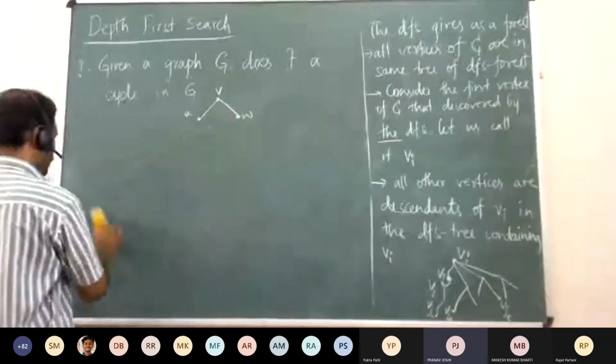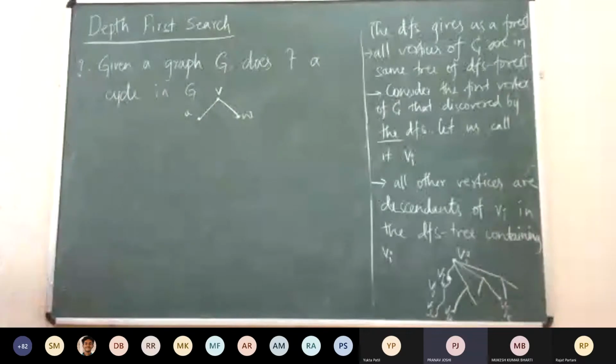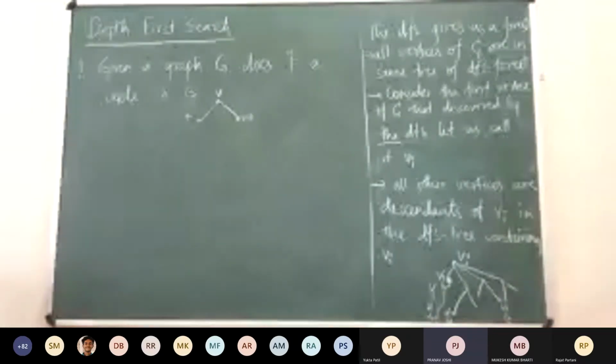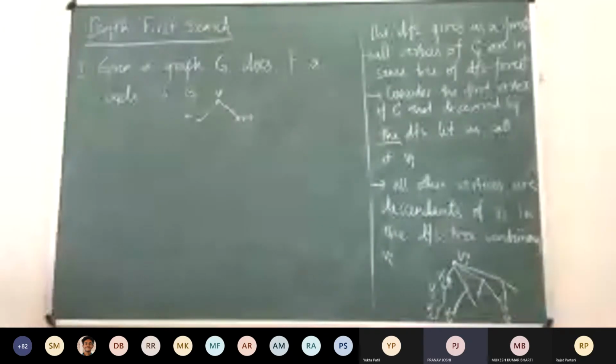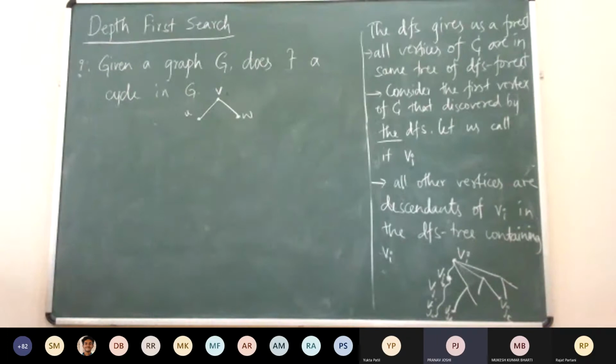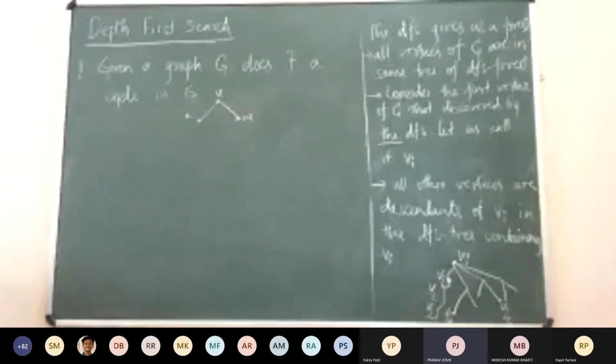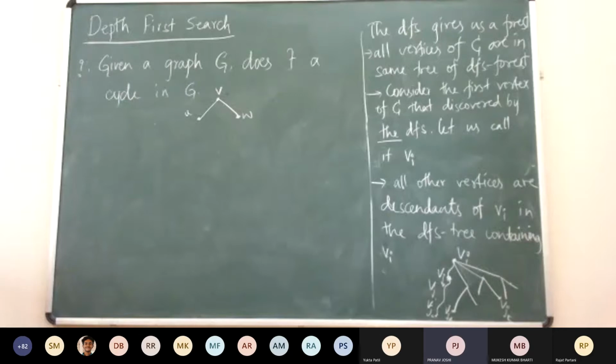They belong to the same tree. Yes, that is true. So whenever we discover W or U after V, then we may go on to discover the other one. Suppose we discover W first, and there's a path between W and U, say P. Whenever we go through that path, at last, when we reach U, we will find a back edge to V. So there will always exist a back edge if there is a cycle. So we have proved it. Why should there be a back edge?